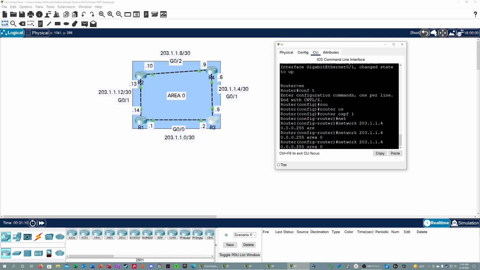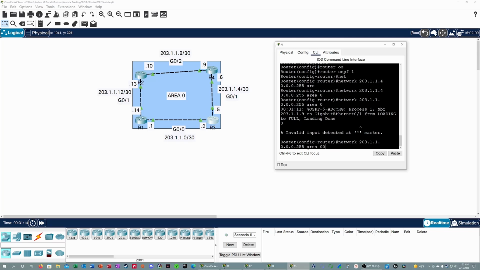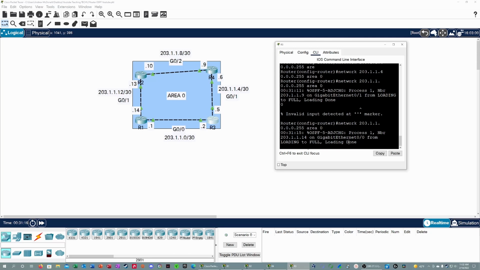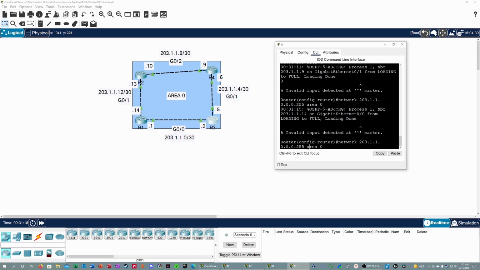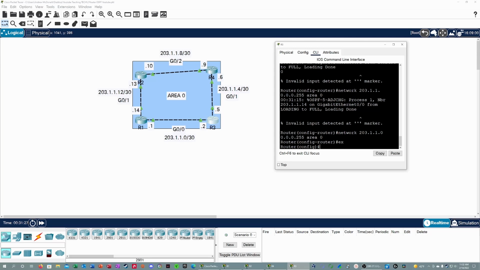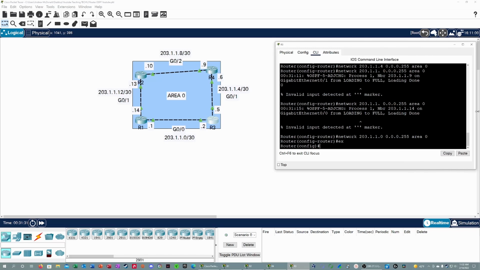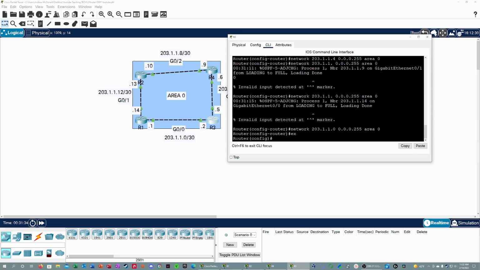Alright, instead of typing that out again, I'm just going to do it this way. Well, sorry, there we go, there's another one. Those syslog messages mess me up, and there's a way to fix that, and I'll show that in my syslog video. But now we're going to exit. But these 2 messages are our neighbor adjacency. So now it's telling us right here, if we look at this, did I set that? Here we go. Yeah, OSPF 5 adjacency process 1